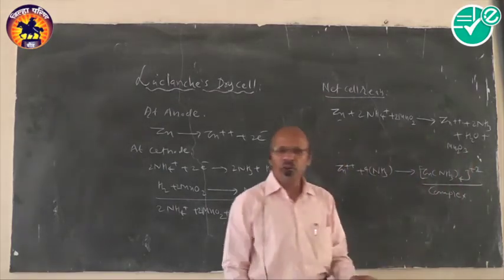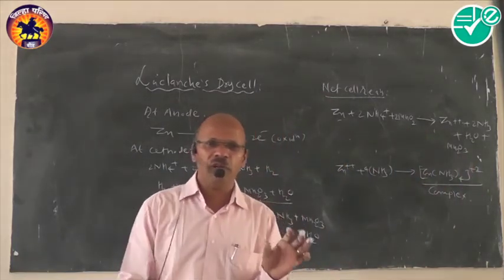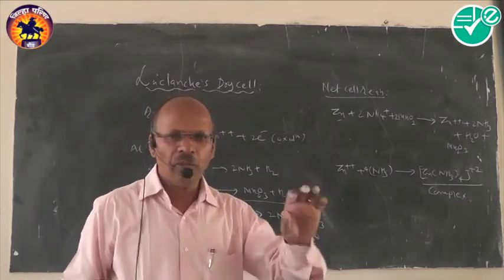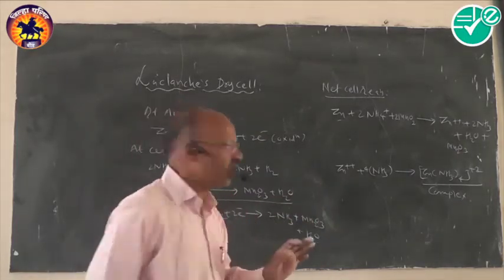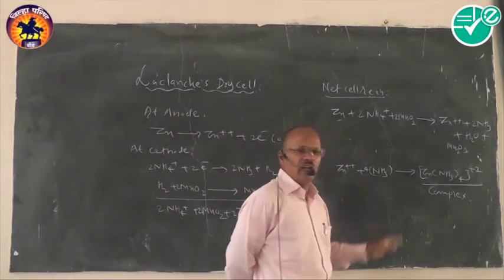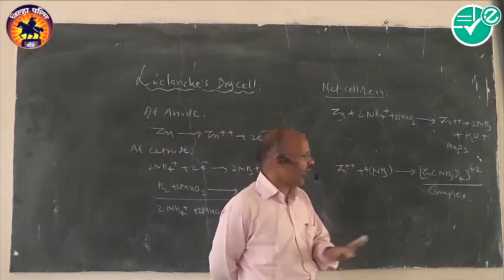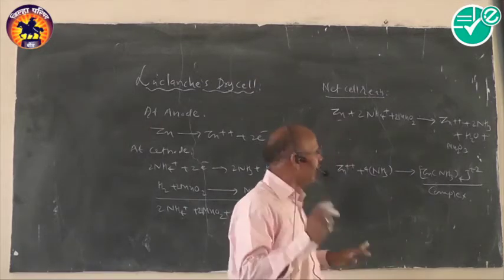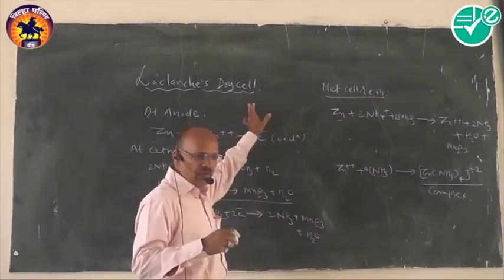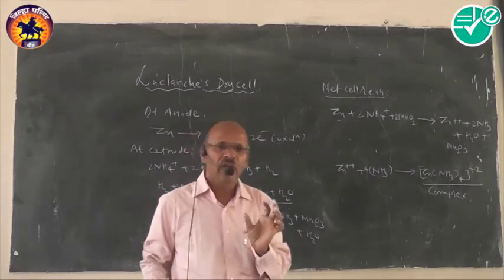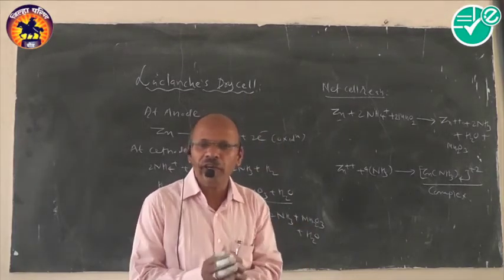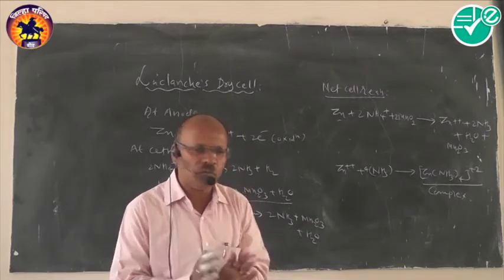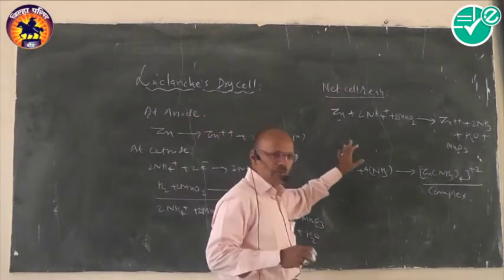Now you observe carefully that if we observe the dry cell after complete working, what is the result? The dry cell is generally moist. Why do we call it a dry cell? In this particular cell, the electrolyte is not in liquid form, but a moist paste of these components.